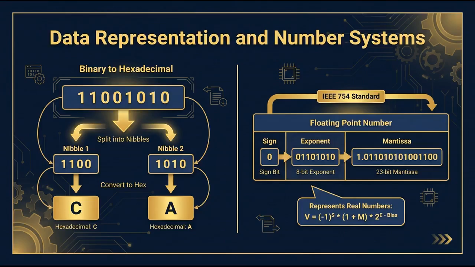When dealing with negative numbers, systems often use 2's complement. In an 8-bit 2's complement system, the range is -128 to +127, where the most significant bit is the sign bit. To represent -6, you start with +6, which is 00000110. Invert the bits to 11111001 and add 1 to get 11111010. Another method is 8421 binary coded decimal, or BCD, which encodes each decimal digit as a 4-bit nibble using